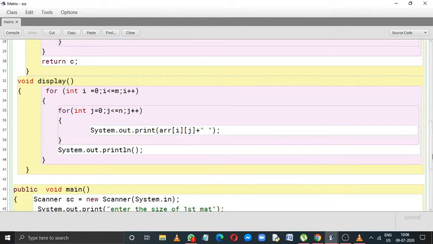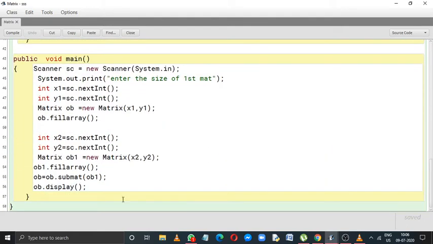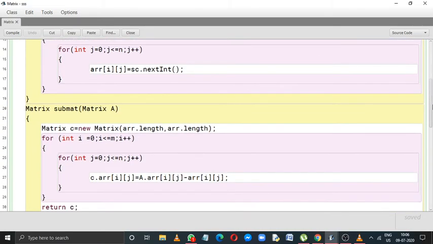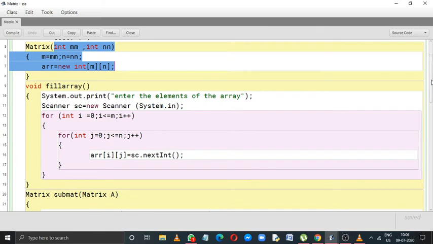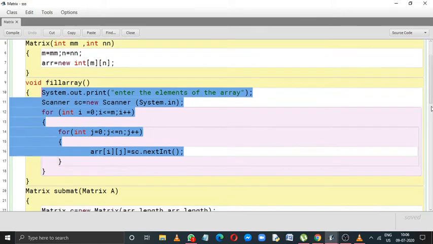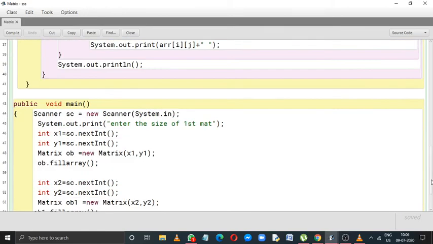Now after this, again we have called the fillArray function. So ob1.fillArray means again we are accepting the values of the second array from the user by using this function. Now after this, the next statement is